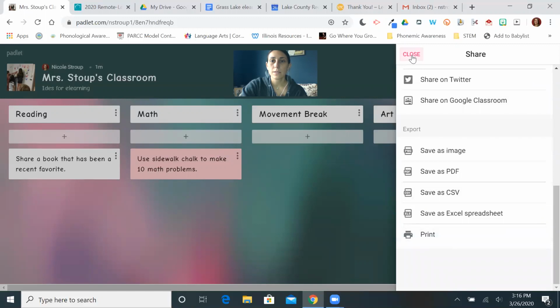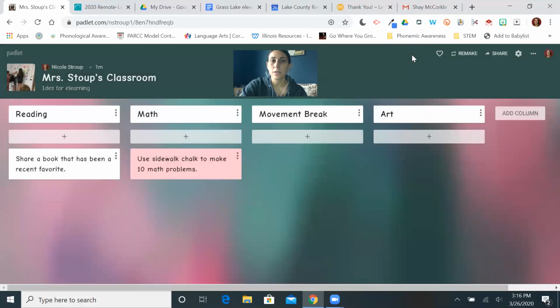Okay, that's Padlet, super easy to use, has a variety of different things you can do. And I hope that you go ahead and try and play along with it and see what it might offer for you and your